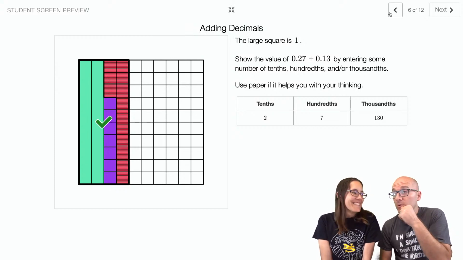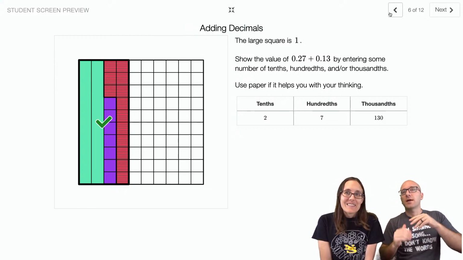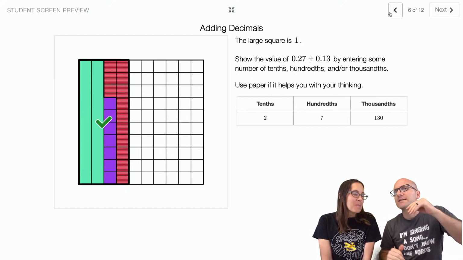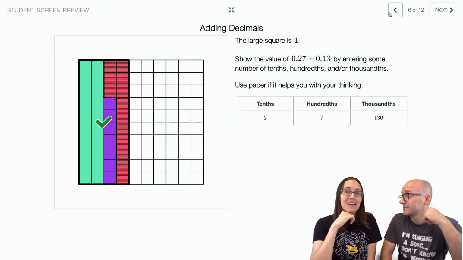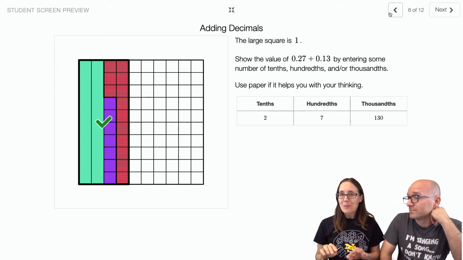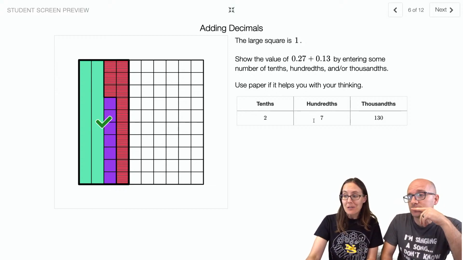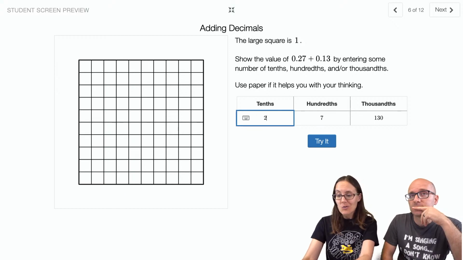Okay, I am impressed with the number of students that got this right. My guess is many of us have seen the decimals before. I think we'd get it, but we got it really fast. And if you were watching my screen, I was experimenting by putting in different numbers. So I tried 2.7, and I've got